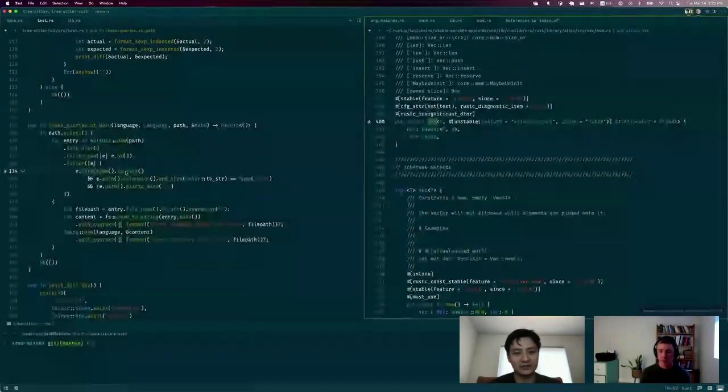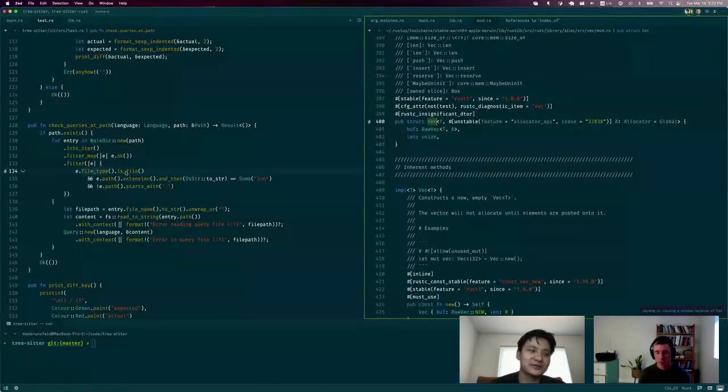I'm sure you're fairly familiar with how Electron works. What are some of the things that Zed does differently that enables it to have such low latency and small memory footprint? I think the two main things that I would say is